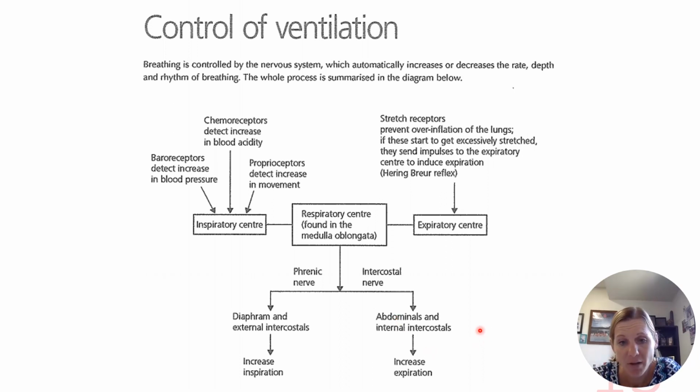The other muscle that we will activate is the internal intercostals, and they are going to pull the rib cage in and down. And that's going to allow us to, again, forcefully modify the size of the thoracic cavity. And as I decrease the size of the cavity, that's going to allow me to get that air out because I want to reach a pressure equilibrium of gas inside and gas outside.